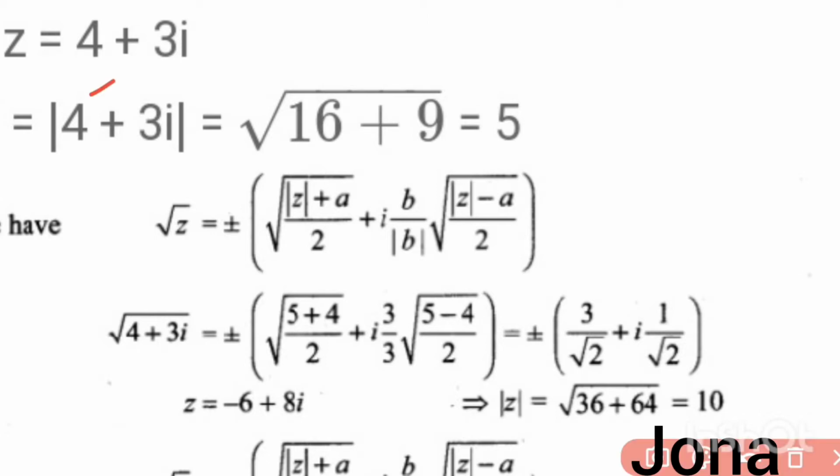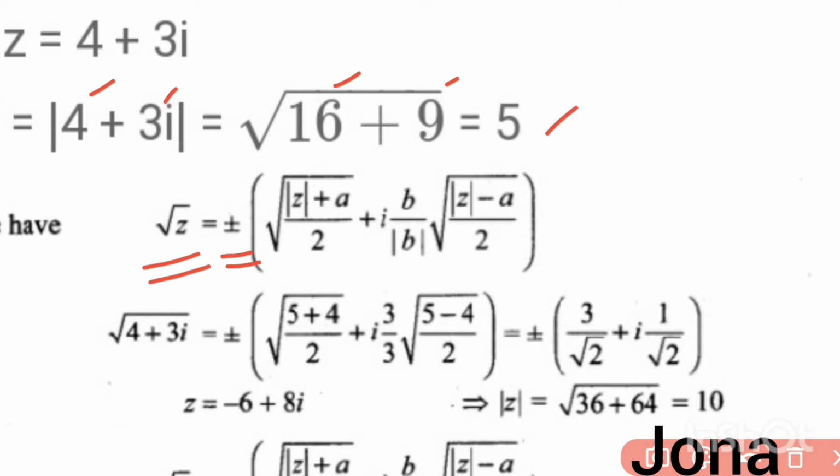So modulus is nothing but the square root of the real part square plus the imaginary part square. So 16 plus 9 is 25. Root 25 value is 5 here. And then we want to find the square root of that, isn't it? So the square root of z, we can have both plus value and minus value. So plus or minus